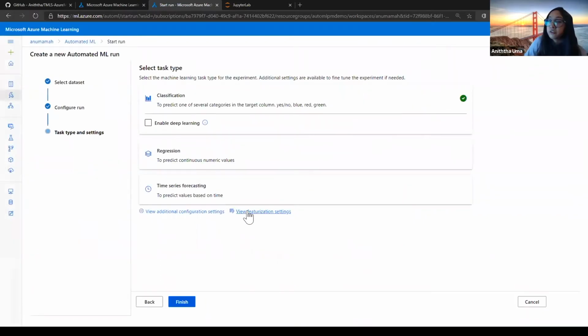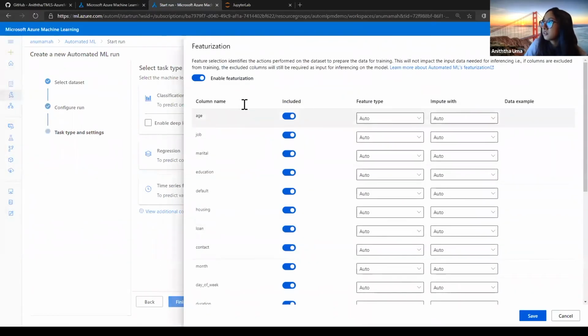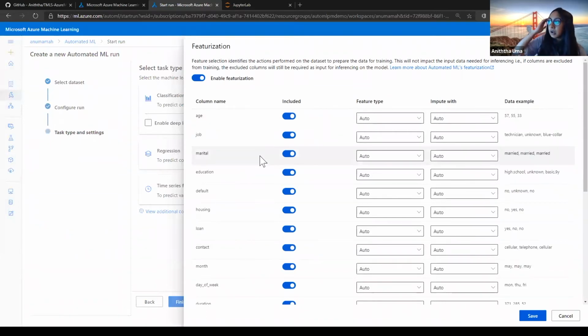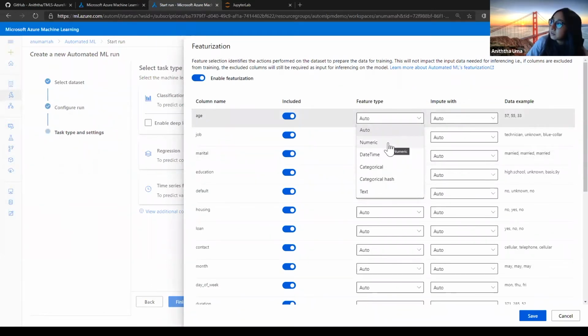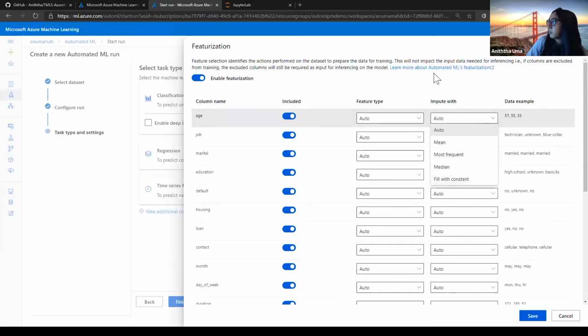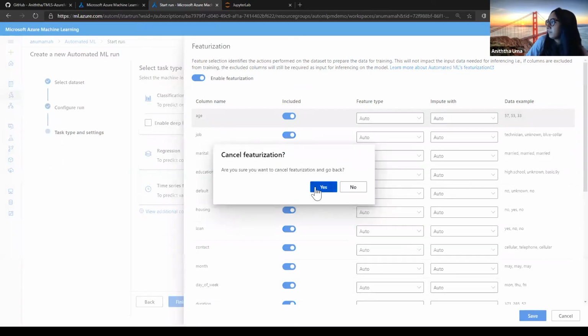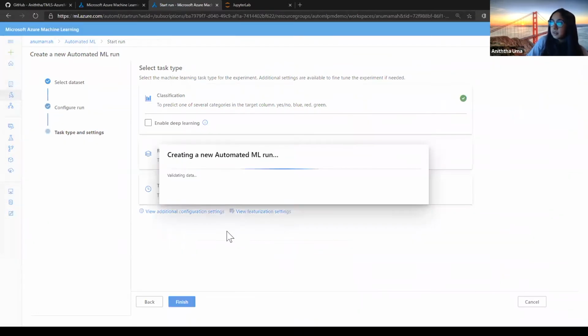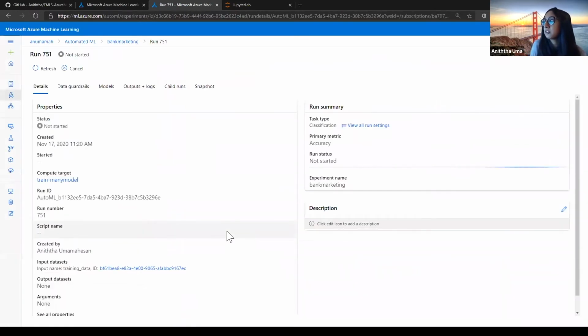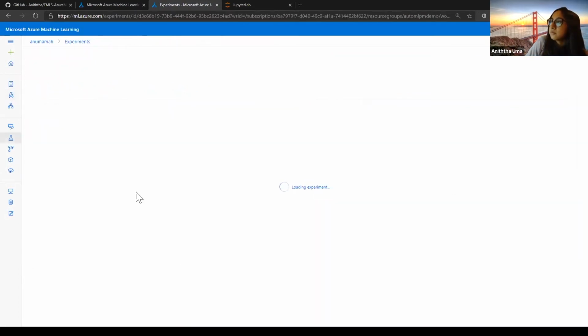One last thing that I want to show you before we launch the run is our featurization settings. So this is how you create those engineered features. Right now, this is the auto setting, the default ones, but you have the option to either turn it off or you could customize it, like decide to include and exclude certain columns, choose a feature type. So for example, age will automatically be detected as numeric, but maybe I want it to appear as text. And you could also decide to impute it in a specific way. And once you're happy with it, you could go ahead and save those settings. For now, I'm just going to go ahead and launch this. And what's happening is now AutoML is intelligently testing those multiple models for us and going to return the optimized one. So while this run kicks off, I'm going to go ahead and show you what this looks like